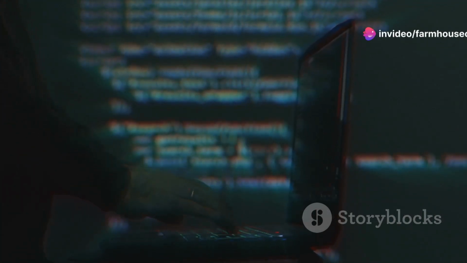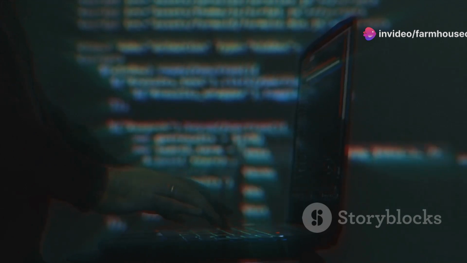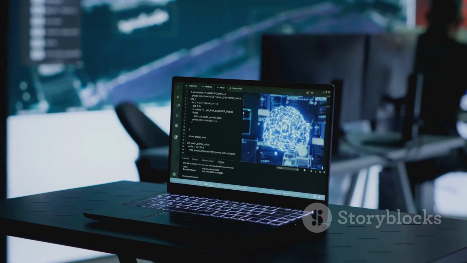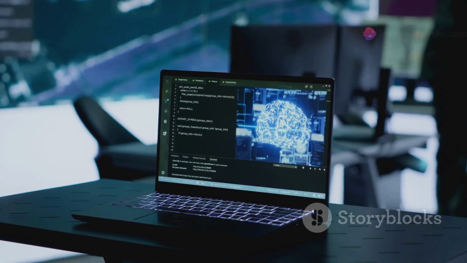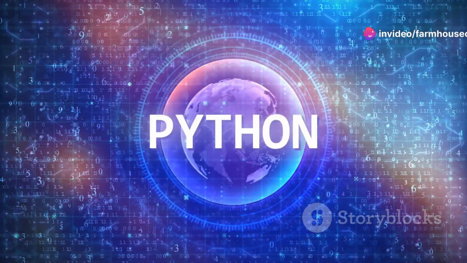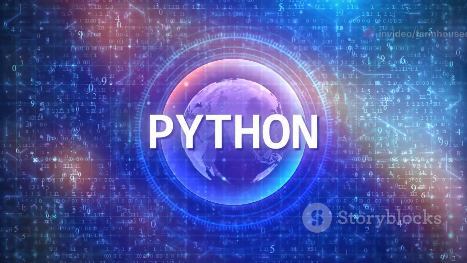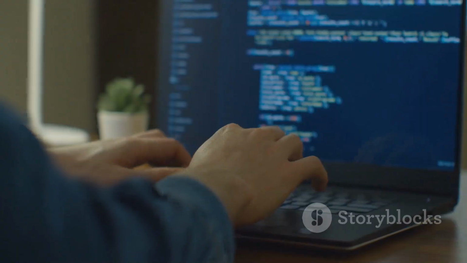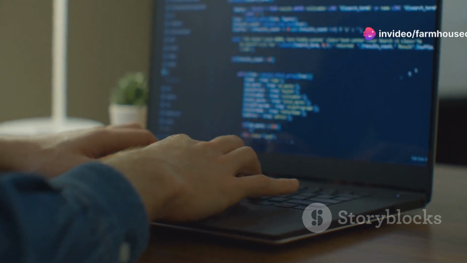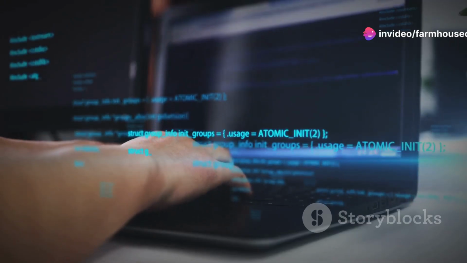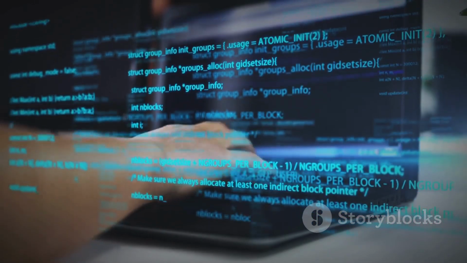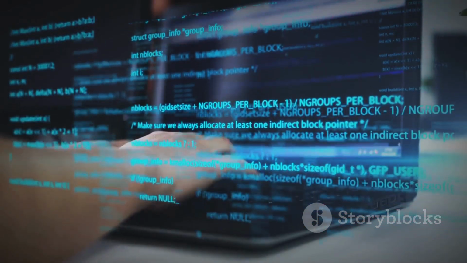Python is incredibly versatile, often referred to as the Swiss Army knife of programming languages. Imagine a tool that can build websites, analyze data, and even power artificial intelligence applications. That's Python. It seamlessly integrates into various fields, making it a go-to language for many developers. It's known for its clear syntax, making it beginner-friendly and easy to learn for newcomers. Python's real power lies in its extensive libraries, collections of pre-built code that act like specialized toolboxes for various tasks.